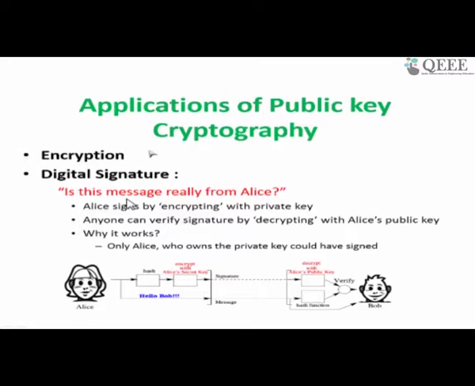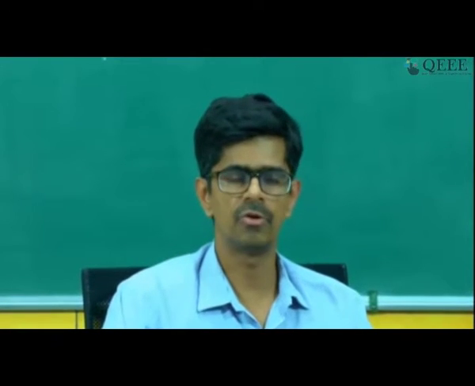Another very common use of public key cryptography is in what is known as digital signatures. A signature, as we know, is something people can use to identify or state that you have signed a particular document, and you could claim to be the authority who has created this document. So the digital signature is the digital equivalent of the signature that you typically sign with your pen on paper. And the message it gives is that